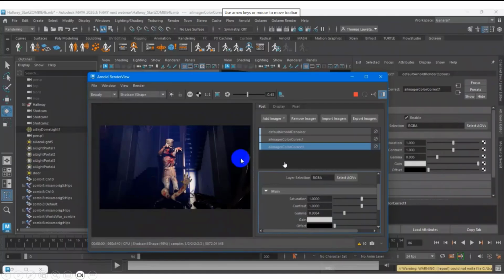I can say this feature is nice to have. Sometimes it helps with color corrections, so we don't need to bring it to Photoshop and bring it back. We just do it, the simple one, inside the Arnold render view. This is the advantage of adjusting the color correction inside Arnold.